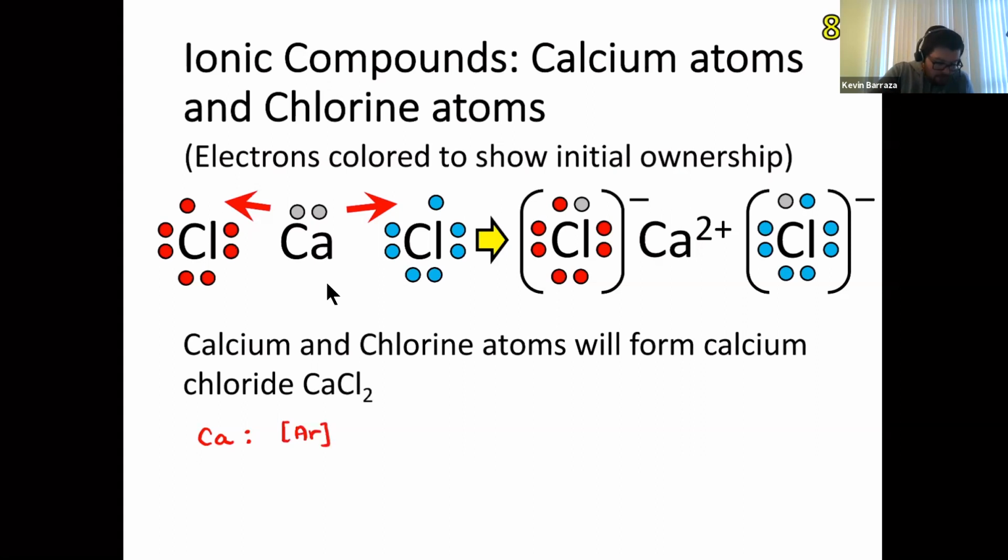And we're in the 4th row. So that's 4s2. And chlorine, if we're doing noble gas simplification, we look for which is chlorine's nearest neighbor? That's beneath it. That's neon. And then we say, well, what's left? 3s2, 3p5. So this also explains why calcium wants to give away 2 electrons, because if I give away 2 electrons,